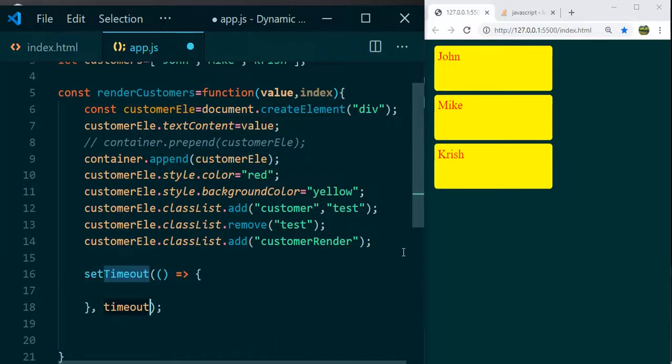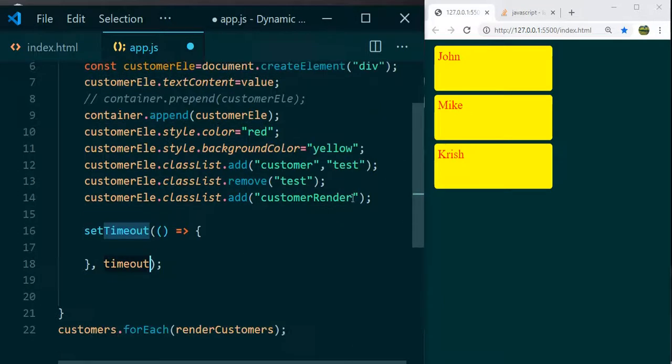setTimeout. I hope you know the setTimeout, and I will cover the setTimeout in another video completely. Here, you just remember that whatever code you write inside this, you can provide the function also here, but here we don't require to add the callback function.